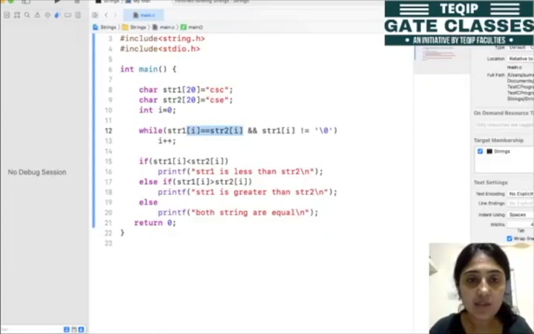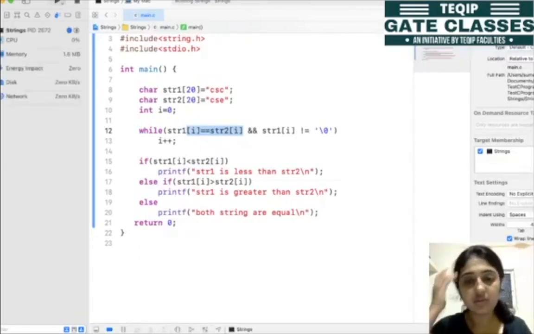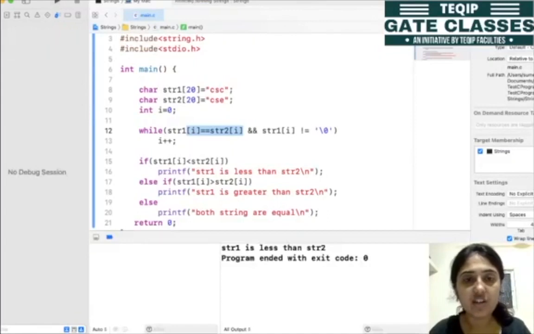तो इस वाले टाइम पे नाउ दिस C है ना, str1 ऑफ I मतलब क्या, I की वैल्यू अब क्या है, 2 है. So str1 of C is less than str2. This is string 2 of E. तो इन दोनों की क्या होगी, अभी ASCII वैल्यू चेक होगी. So based on this, the respective statements will get executed. Right? So here this E is greater than C. So therefore we got the message as string 1 is less than string 2. Right? So let's